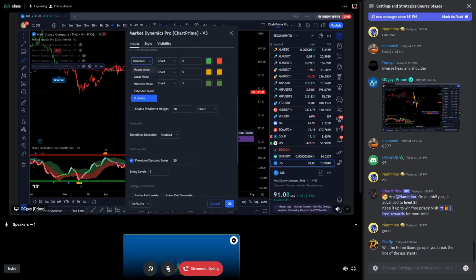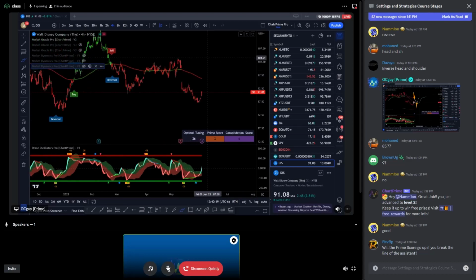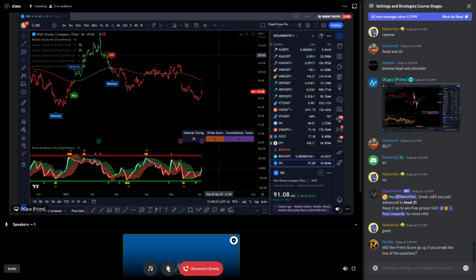Also, just to not add much more in here, I'm going to be adding local mode on chart, which means whatever I have up here, and up to 5 lines. That will be it. That will be more than enough to find the confluence. So I already have my base set up in here. So let's start from scratch.